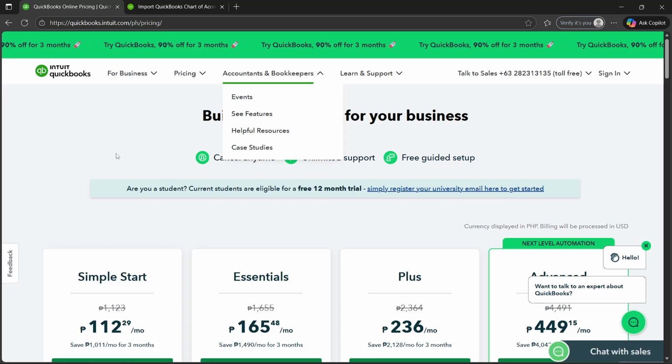So first, you will have to open your QuickBooks Desktop. If you don't have one yet, then make sure to download it first before proceeding to the next steps. And then after you've downloaded it and after you already have your account logged in, you must make sure that